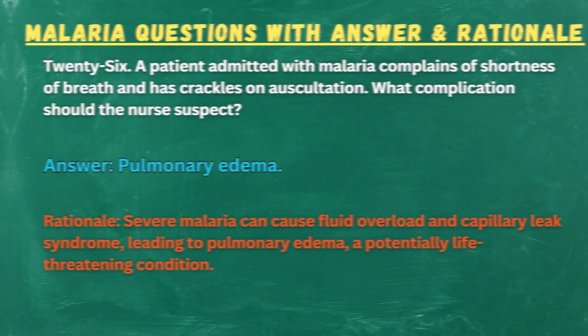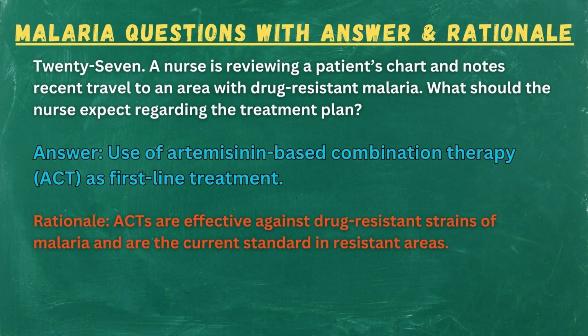27. A nurse is reviewing a patient's chart and notes recent travel to an area with drug-resistant malaria. What should the nurse expect regarding the treatment plan? Answer: use of artemisinin-based combination therapy (ACT) as first-line treatment. Rationale: